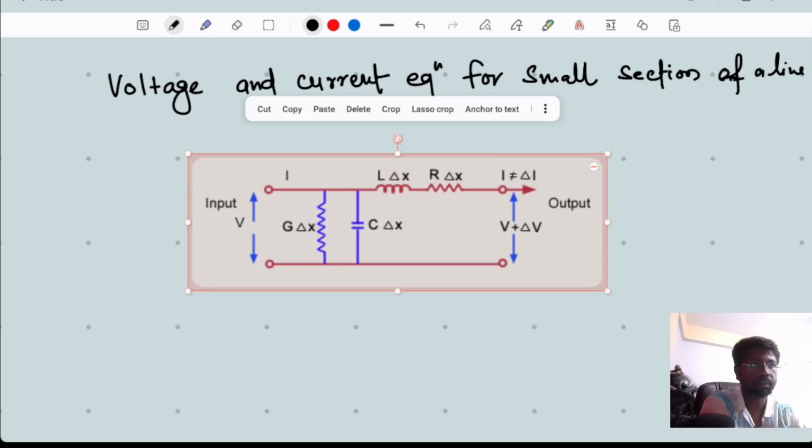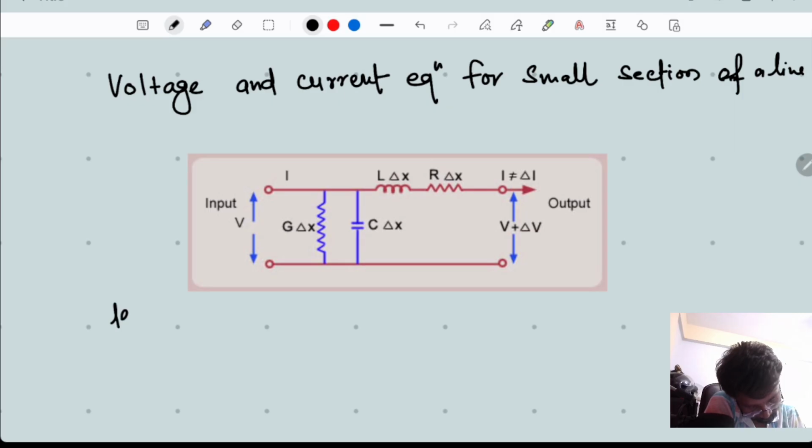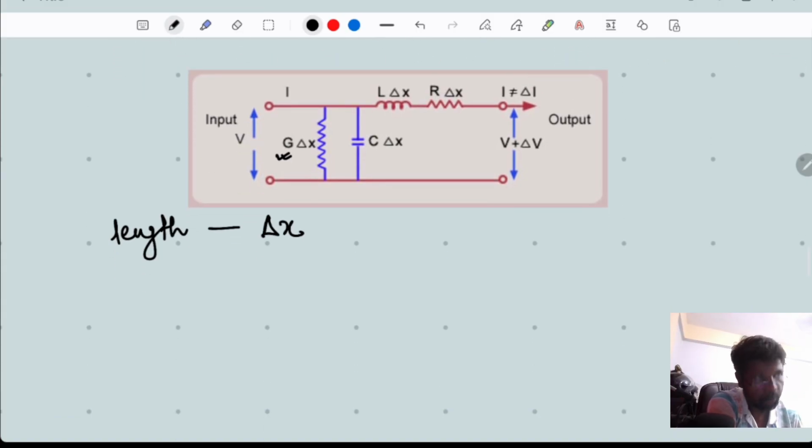We have considered an infinitesimally small section of transmission line of length delta x. Here the length of the transmission line is infinitesimally small, that is delta x, and the conductance is G delta x. So for an infinitesimal section of transmission line,